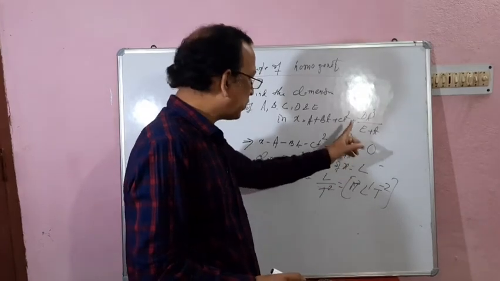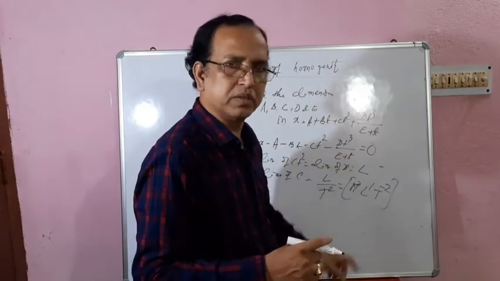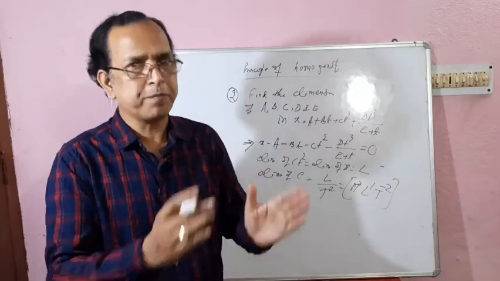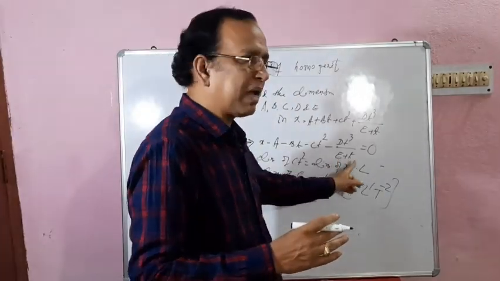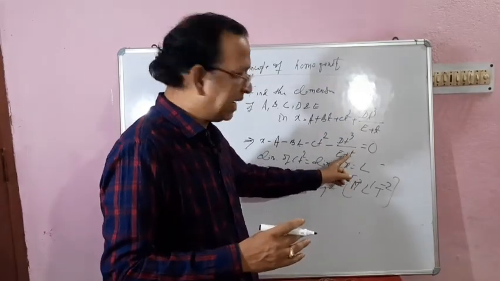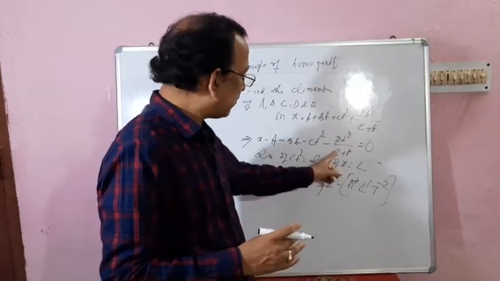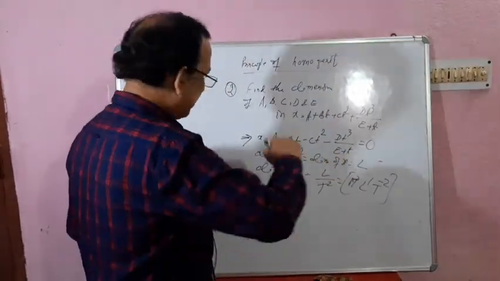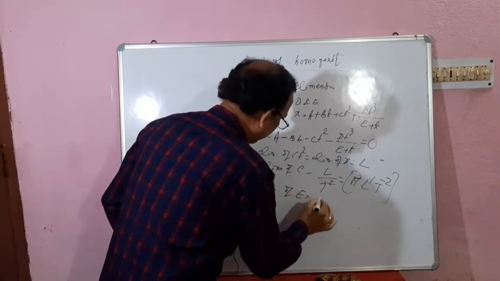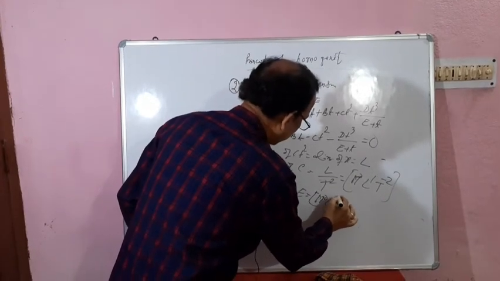Before D, first we can find E. Why? Because of E plus T. Due to the principle of homogeneity, only the same dimensions are added. E plus T means the dimension of E is T, time. So the dimension of E is equal to T, that is M0 L0 T1.